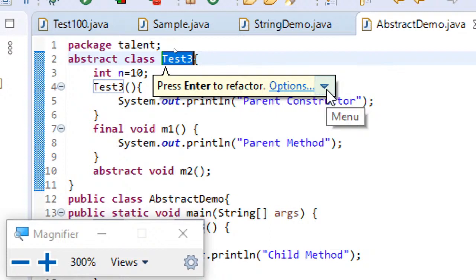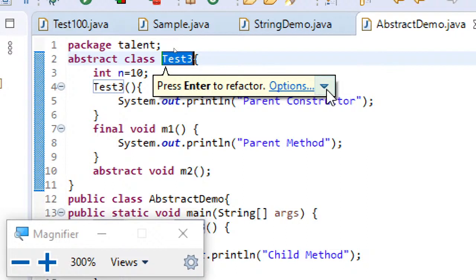you have a very huge project which contains hundreds of classes, and your manager asked you to modify this class name. What is this stupid class name? It's not at all meaningful. Try to modify this class name. In that case, you can't keep searching all the classes where you have used this class name.